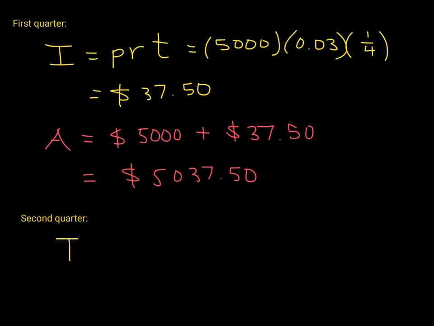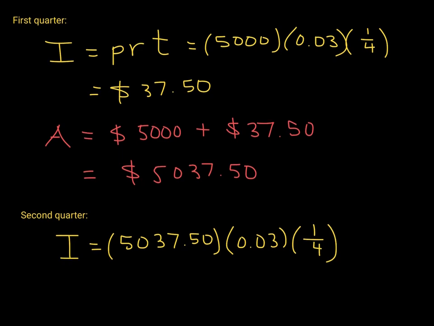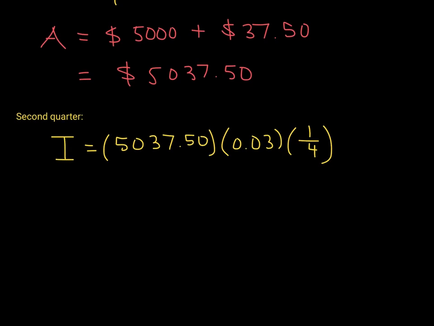All right, second quarter comes along. Let's figure out how much interest. Now, the new principal is $5,037.50, right? No longer the initial $5,000. The same rate, which is 3%, times the next quarter of the year, right? From the first time the interest was computed to now. So that's another 3 months, the next quarter of the year. And so what we have then is the amount of interest now is going to be